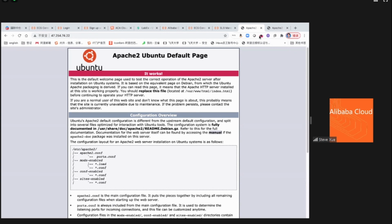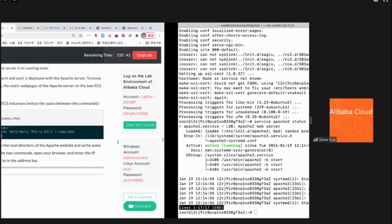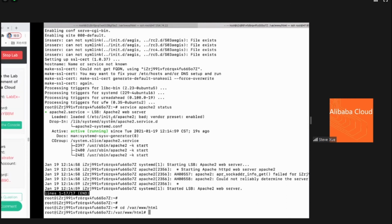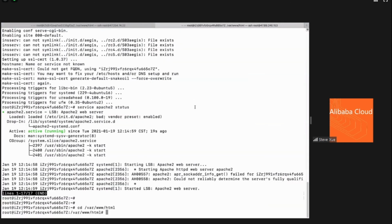So I may do a little bit of a trick, right? To change the front page to make sure I can exactly distinguish server 1 and server 2. What I need to do is go here and follow the command like this. I go to this special directory, which is the Apache server's working directory. And you need to change the front page, which is index.html, right? You just change it to server 1 and change the other one to server 2. But to make things easier, I will